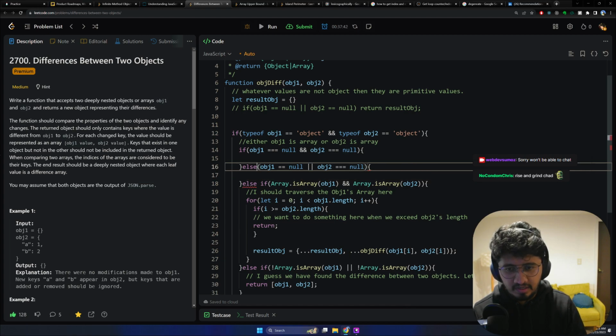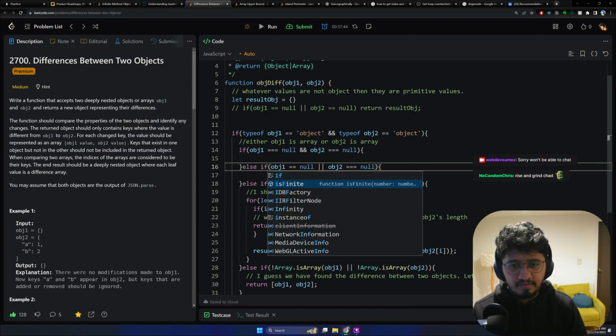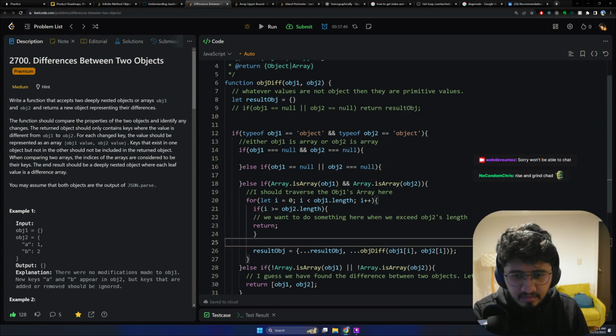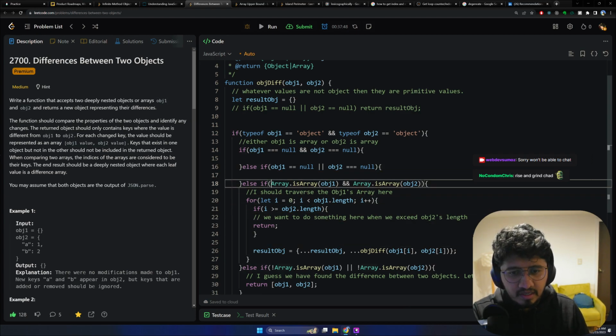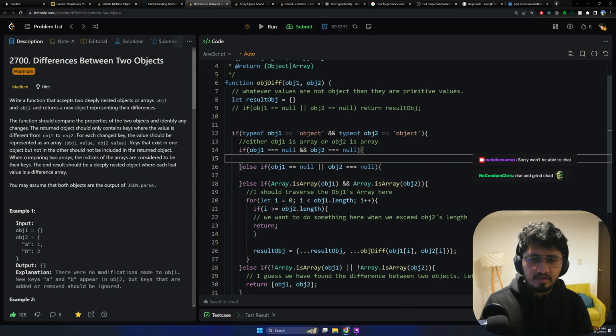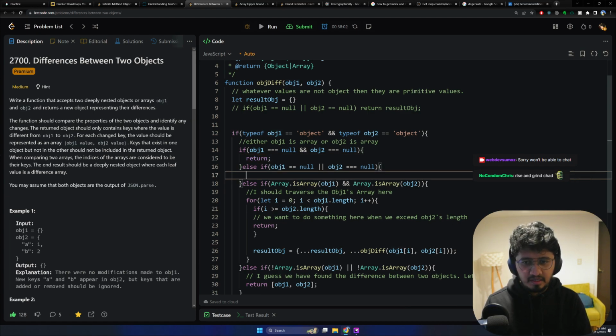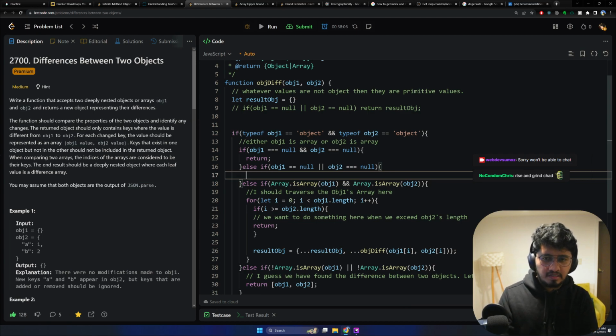Yeah, sorry, I did not write else if here. Okay, if they both are null, then I guess we don't have to do anything in this regard. We can just return. Else what we have to do is register that there was something wrong,